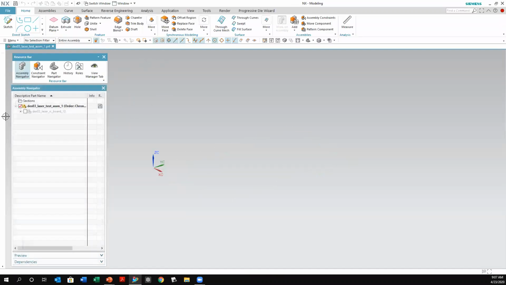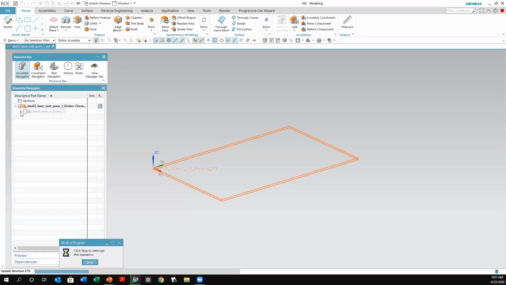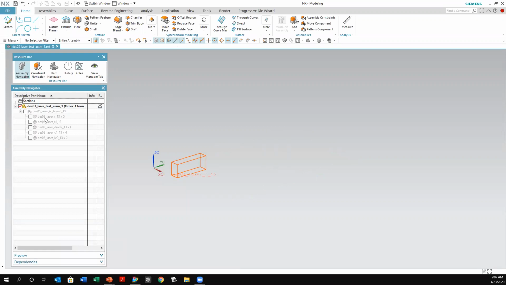There you go. All right. So if I expand that on my assembly navigator, notice that you could see them right here, right? And if I hover over them, it gives you a generic idea of approximately where it's located on the graphics area there. See that? Okay, and then if I want to, let's say I unpack that, I could right click here